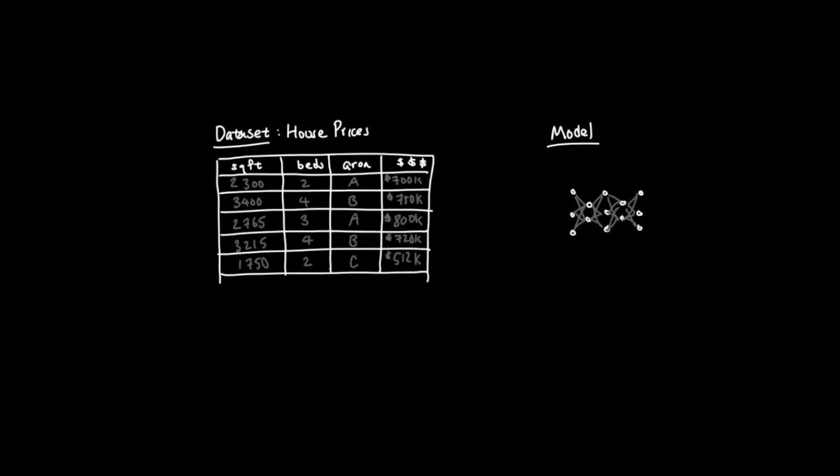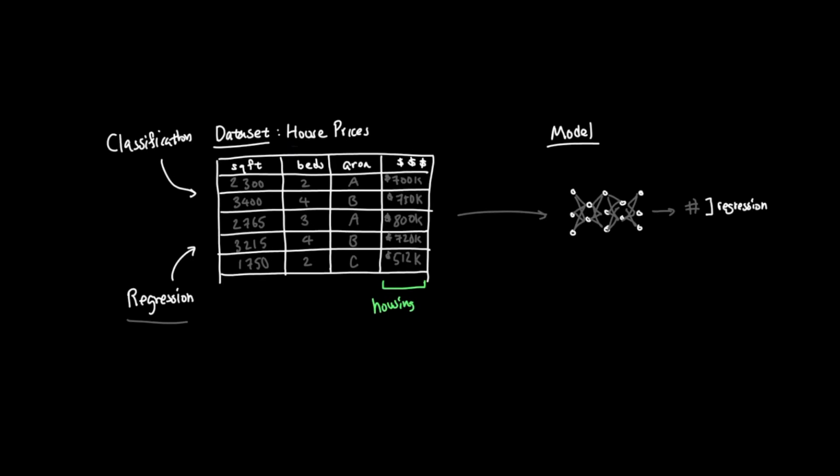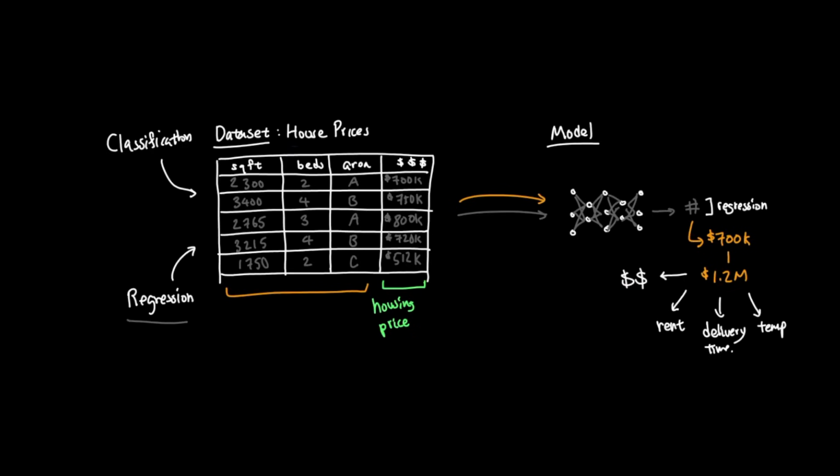Now that we know how supervised learning uses labeled examples, the next question is, what kind of label are we trying to predict? This is where we get the difference between classification and regression. Regression is when the model predicts a number. Our house price example is a regression problem because the label is a final sale price. The model looks at features about the house and predicts a number like $700,000, $850,000, or $1.2 million. Other regression examples include predicting rent, delivery time, temperature, revenue, or demand. In each case, the output is a number that can take many possible values, not one fixed category.